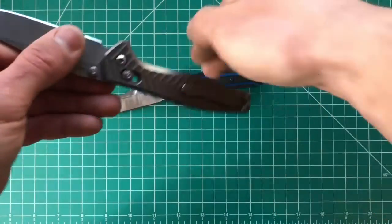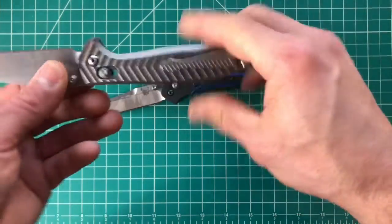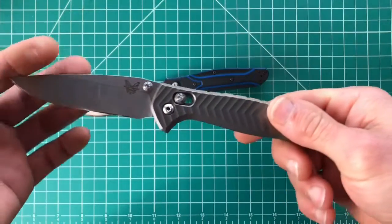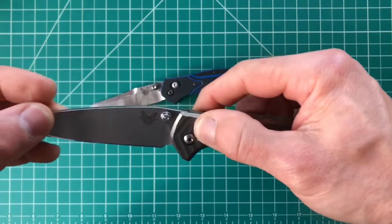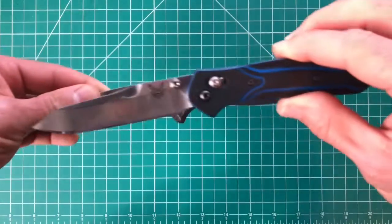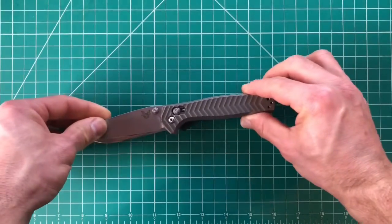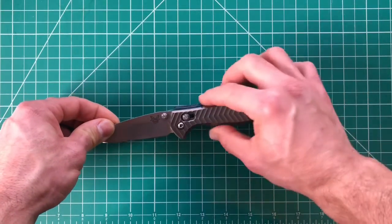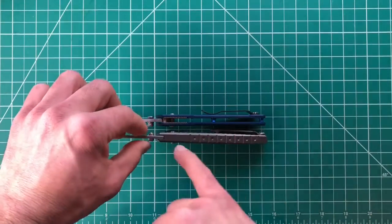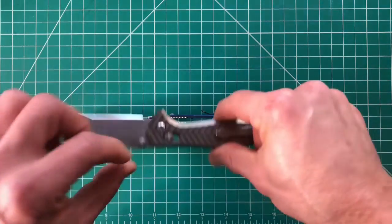You get your thumb in there too, you know. But anyways, in that dimension, as far as length, it's very nice. The one thing I will say that could be an issue with ergonomics for some people is this dimension right here. Now, if you look at a 940, you got a similar dimension right there, but it's even a little broader. If I put this right on top, you can see it's just a little bit broader right there, but also in this dimension. So this is a little thinner than the 940, and it's also a little narrower right